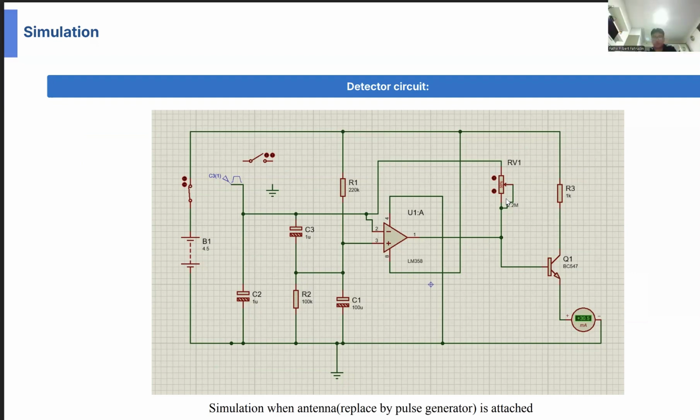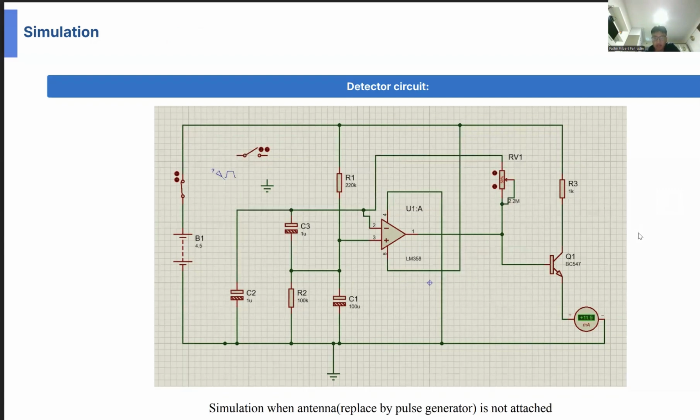So I will carry on with the presentation. So this is the phone detector circuit that we created. As we can see here, there are some capacitors. These are used to store the current that is generated by the battery, or in this case, we will replace the battery with the 5 or 4.5 volt DC that we generate from the power supply circuit.